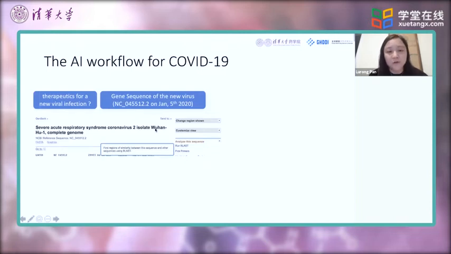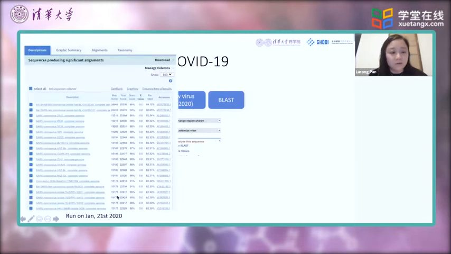And then we did a quick BLAST. BLAST is a search algorithm that aligns different local regions of a known genome against the entire genome repository to find the most similar ones, and it has been used extensively in the bioinformatics field for years. This is the query I ran on January the 21st.